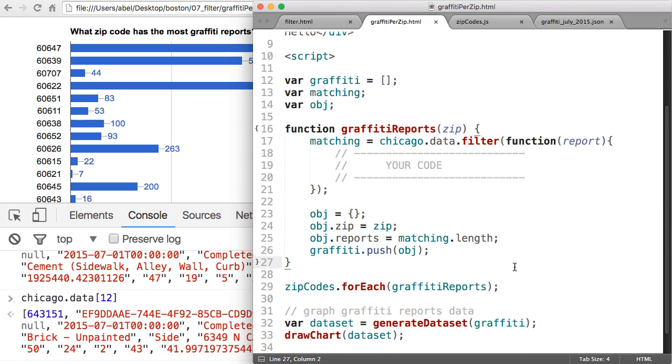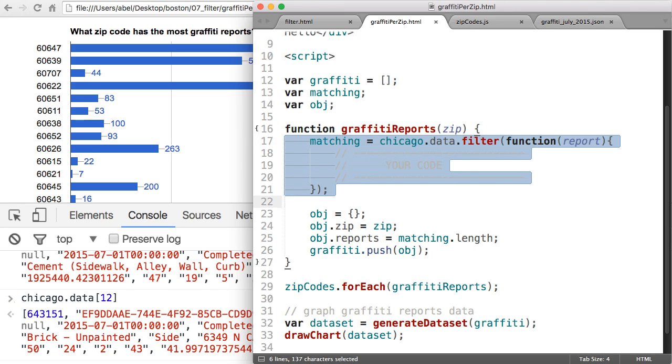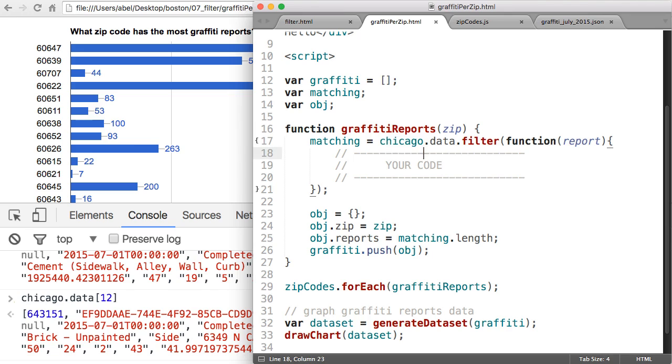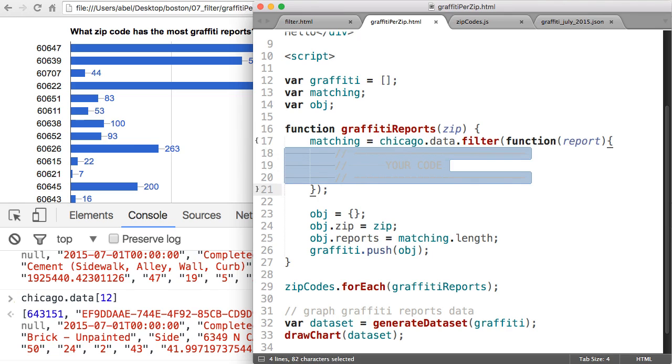So let's go ahead and go back to the file and look at the starter code. As you can see here, we're dealing with two collections, two arrays. The first one is the number of zip codes that we know exist for the city. And so we're simply going to do a forEach and then assign a callback. So for each of those zip codes, we're going to assign a callback, and the callback is graffiti reports. And that simply gives us a zip code that we're going to consider. We then use that zip code to filter through the information that we have within the Chicago array. So if you write your filter correctly here, you will be able to get back